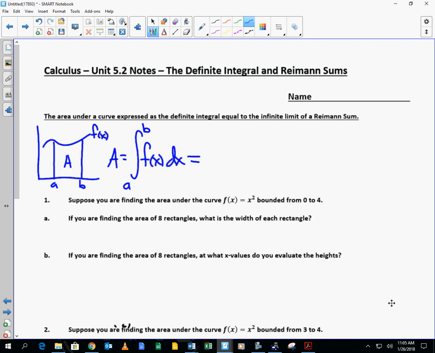We don't know how to do that. I will teach you how to do this later. So what we're going to do is add up the area of an infinite number of rectangles. And so that's equal to the limit as n goes to infinity of the sum